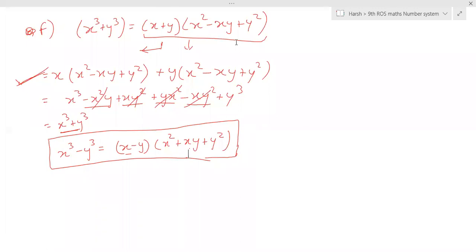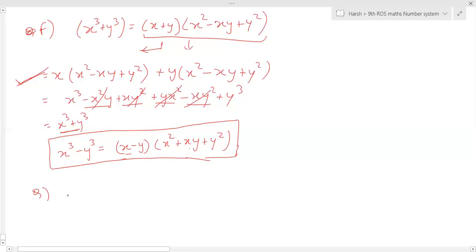So tell me, Srinidhi. For x cube plus y cube, it's x plus y into x square minus xy plus y square. And for x cube minus y cube, it will be x minus y into... And if you ask why it is so, you multiply these two and you'll find this value. Okay, sir. So based on this, you have a few questions.